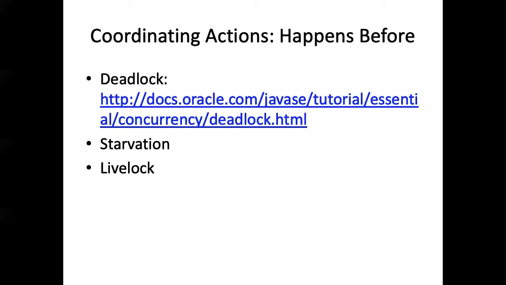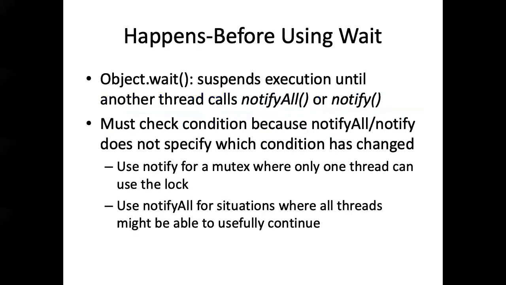And you've already seen that you can do it with join. That can force one thread to finish before another thread resumes execution. And of course, simply waiting to fork a thread until another thread has finished is another way. But a third way is to use wait. So when you call the wait method, it suspends your execution until another thread calls either